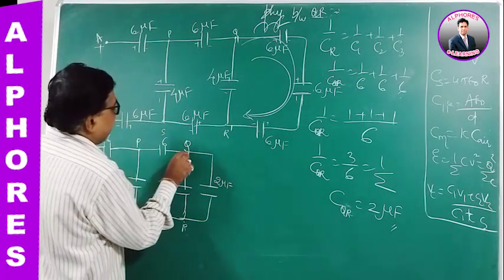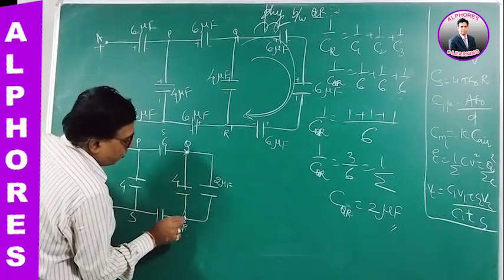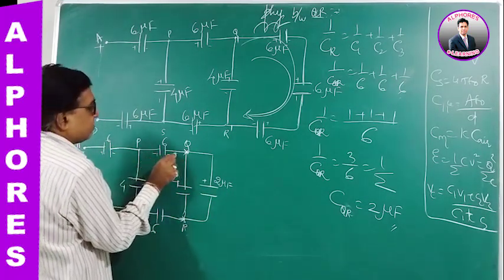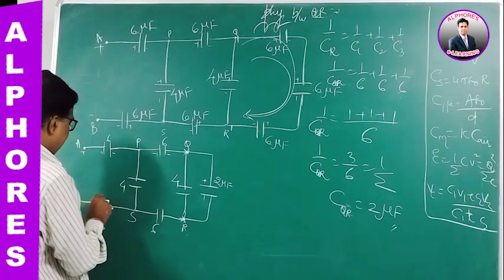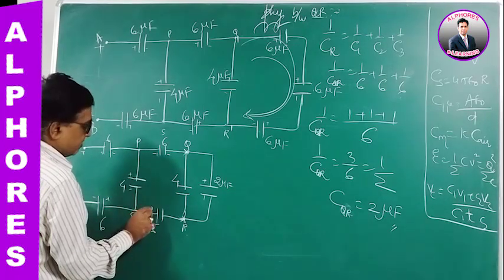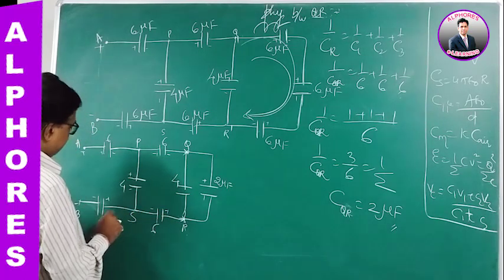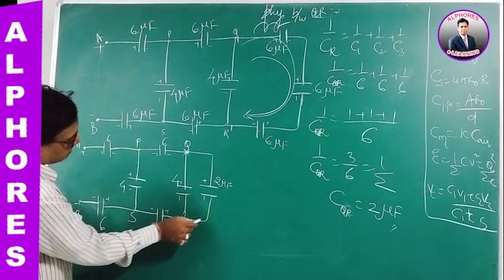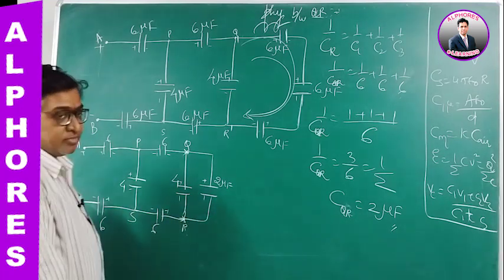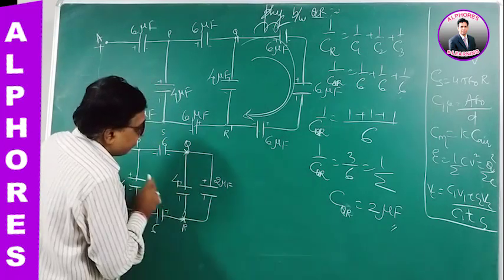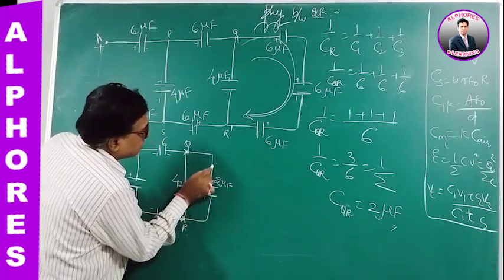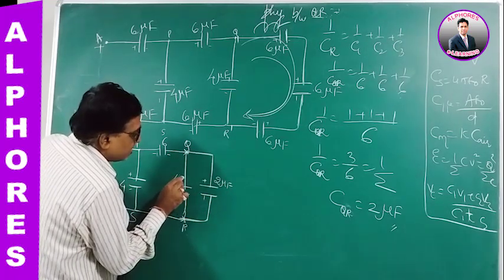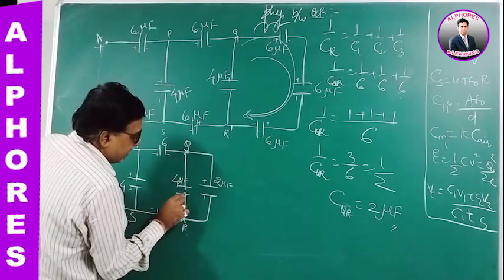Now coming to this diagram, here Q and R. Between Q and R, 2 microfarad is connected. Again, if this is plus minus, and this is plus minus, if this is minus plus, this is minus plus, minus is connected to plus, like this. Now looking at this QR. For this capacitor, the positive terminal is connected at Q, the negative terminal is at R. Even for the 4 microfarad also, the positive terminal is connected here and the negative terminal is here.